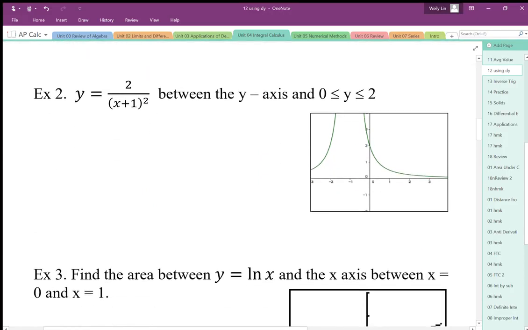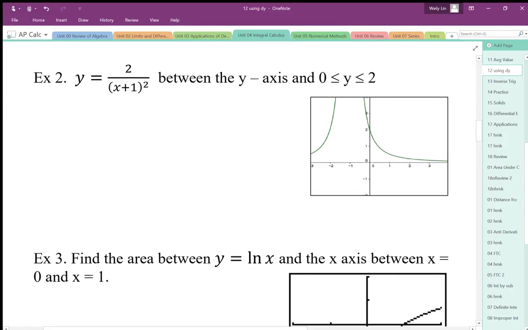Okay, so when we look at this one here, this is our graph, 2 over (x plus 1) squared. So we have a vertical asymptote at x equals -1. And we want the area between the y-axis and the curve from x equals 0 to 2, from y equals 0 to y equals 2. So we're going to have this kind of unbounded area here. Okay, so the y-axis and that curve there. So this is an unbounded area, so it's an improper integral, so we're going to have to